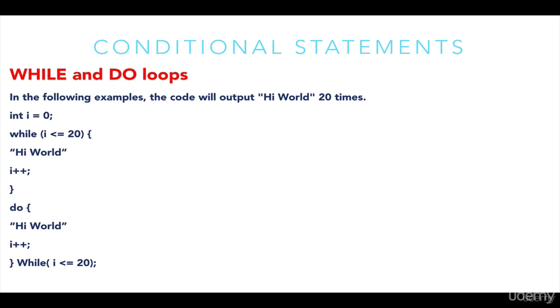So the main difference between the regular while loop and the do while loop is that in while loop it's gonna first check the condition, and then it's gonna execute the statements between the curly braces. But in do while loop, first it's gonna execute the statements inside the do curly braces, and then it's gonna check the condition. So in do while loop, you are sure that the HighWorld statement is going to be executed at least once, and then if the condition evaluates to true, it's gonna execute the statements inside the do